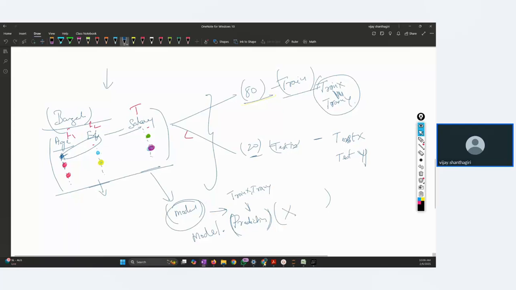Give only the X value, because the output should be Y. But when you split like this, in the testing sample, which X will you give? Test X. Suppose we have built a model. Let's say there are 10,000 points above this. We've already built the model, and these are the only two examples. So we will give X, which is